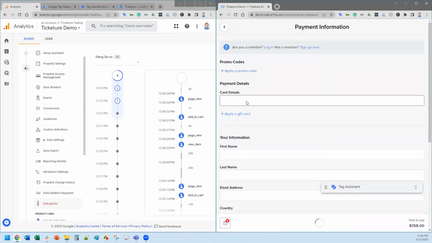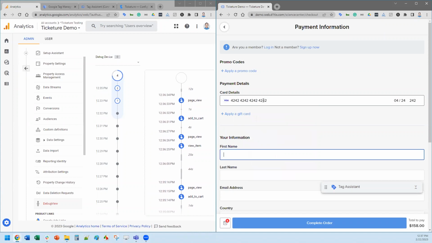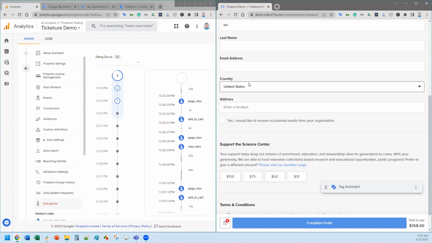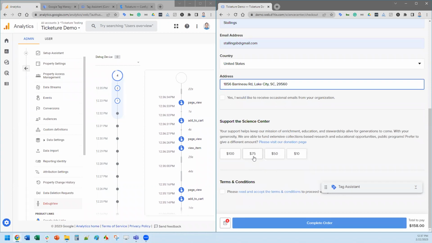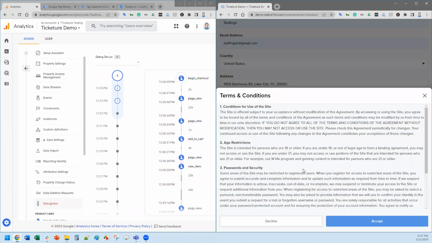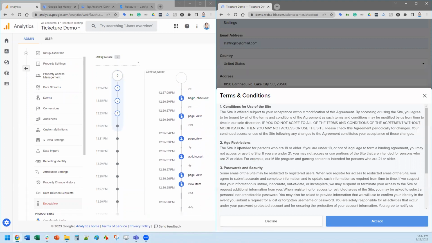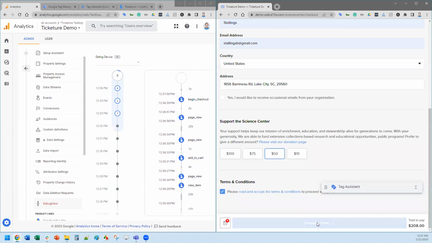Go to checkout. I now can get on the checkout page, start my process here, put in the card information, put in my details, put in my address, whatever. And maybe I'll add in a donation, who knows? All those kind of things are just parts of things that are happening. You can see that again, checkout was fired. This thing will catch up with me adding the cart and everything else along the way. And then I hit complete order.